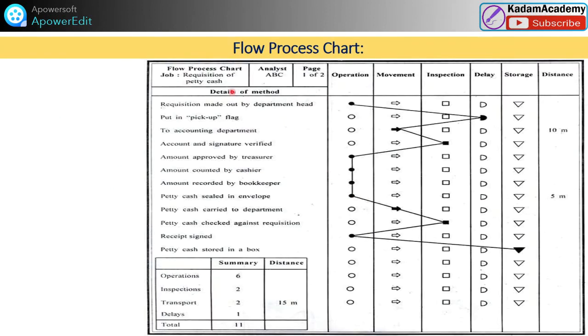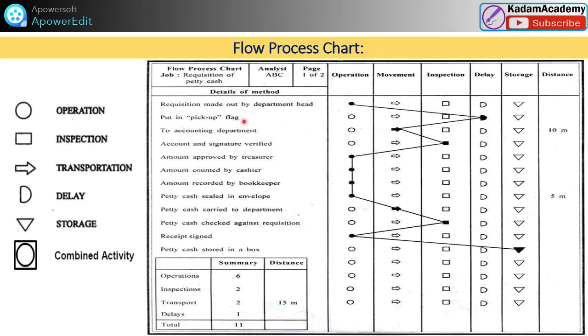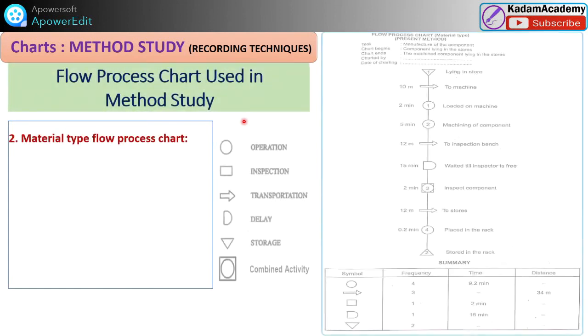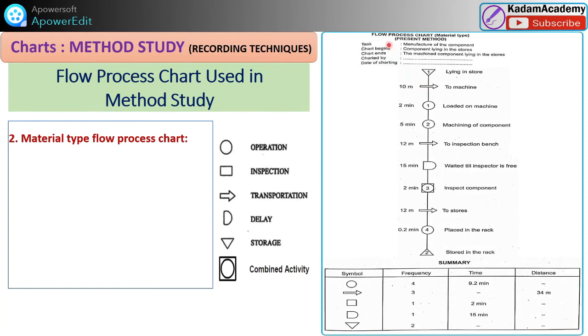See one more example for this type of chart here. Among the recording techniques, the flow process chart is also used for material type. Next is the material type flow process chart. Here we are doing the flow process chart, material type, for the manufacture of a machine component lying in the stores.